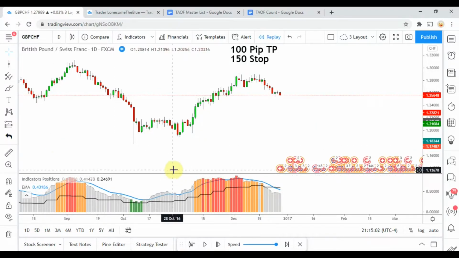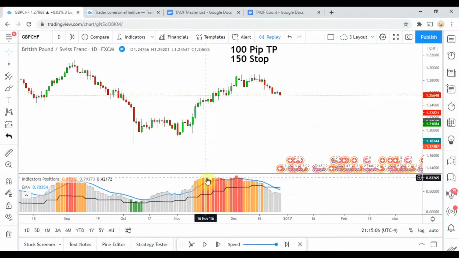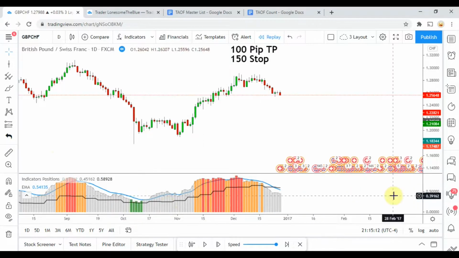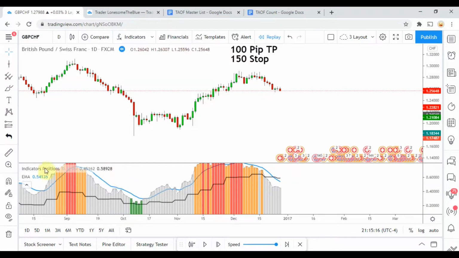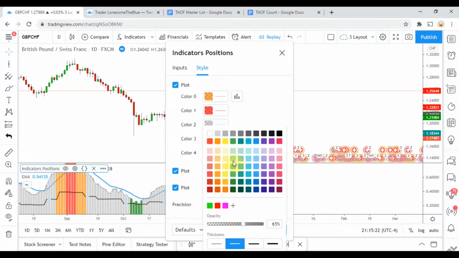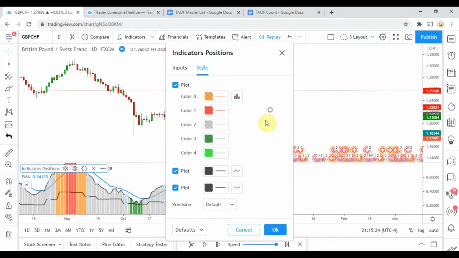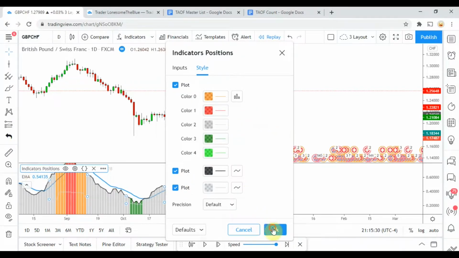And so what we are looking for is the indicator's position columns to go either red or green, and then we are looking for a cross of the, let me see if I can bump it up in size here and actually make it black. And I'll change this one to a light gray, so we're not really using that.